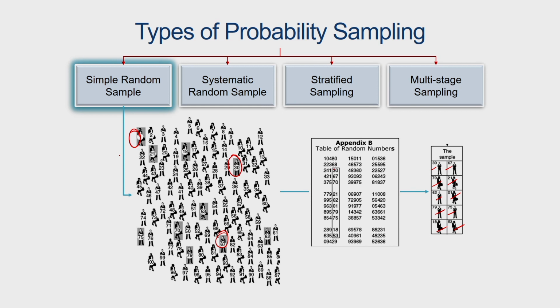So, when you are choosing 10 persons from this population of 100, given the random numbers that are showing up on your computer, or that you have chosen from your random number table, you look up these numbers, select them and make them a part of your sample. So, that is how you draw your sample. It is very akin to the lottery method. When you close your eyes and draw a lottery, suppose you have 100 persons again, and you want to choose randomly 10 persons from the 100, which is the sampling frame.